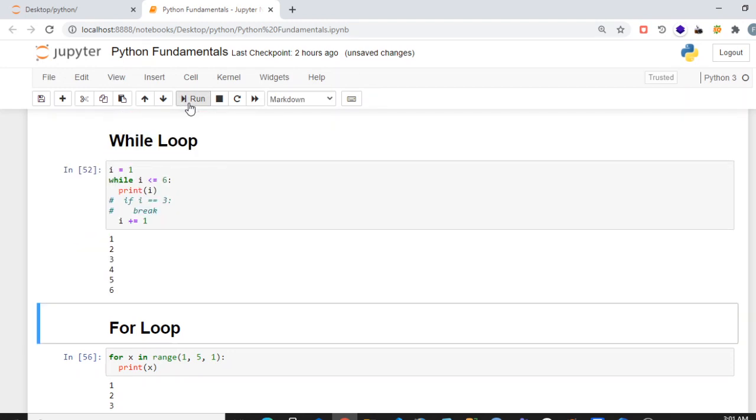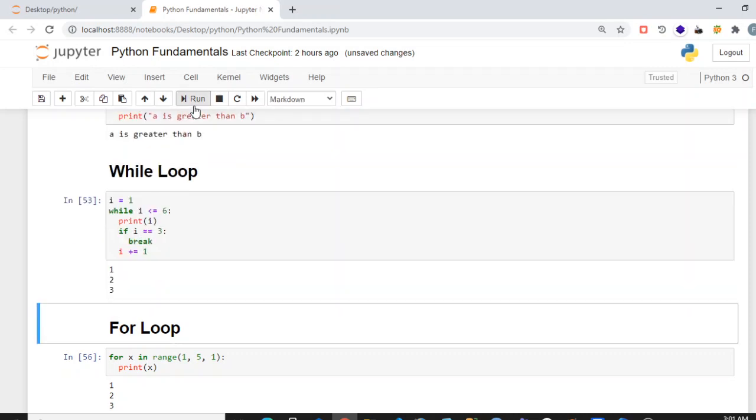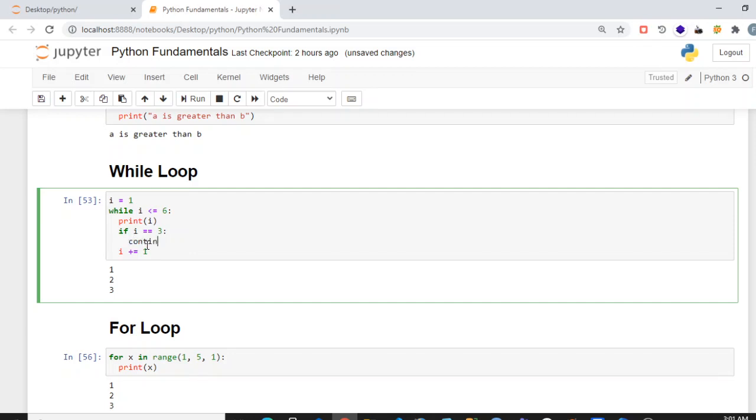Then we have break and continue. We can use the break and continue keywords in loops. Break is used to break the loop. I have used the condition if i equals 3, then break the loop. Let's run this. What it does is, when i reaches 3, it just stops the loop. It just gets out of the loop. Similarly, we have the continue keyword. What continue will do is it will skip that iteration only. Now if we run this,